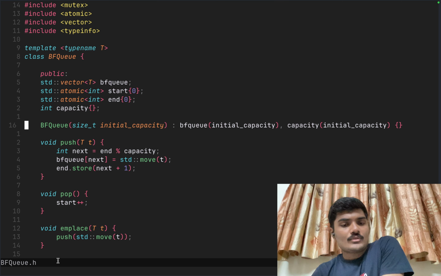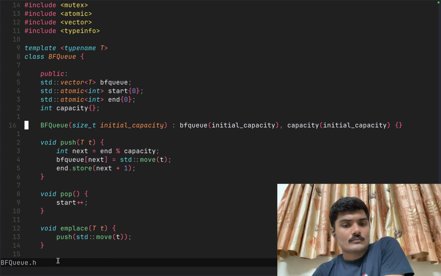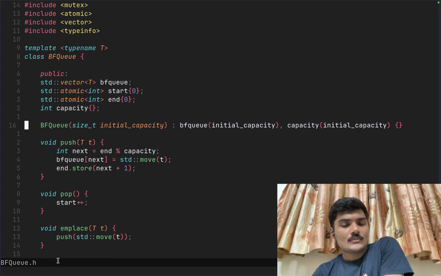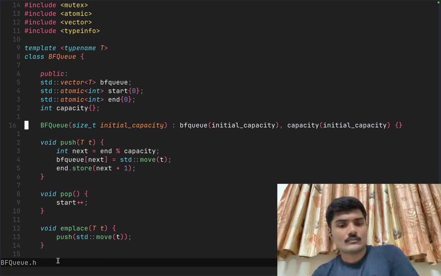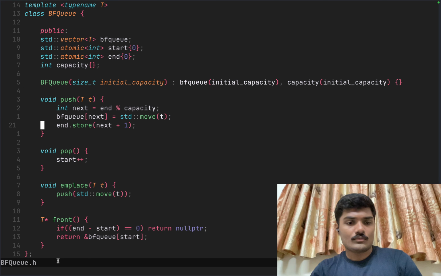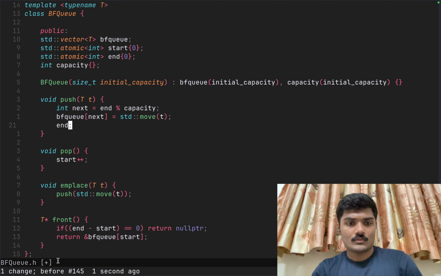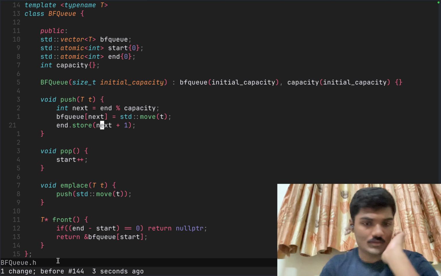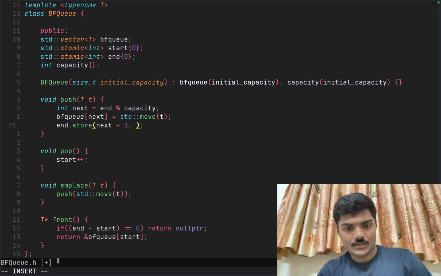I don't think there is much to do over here. In the mod capacity, let's plus one. We can just plus plus, no, sorry, let's plus one. Maybe adding